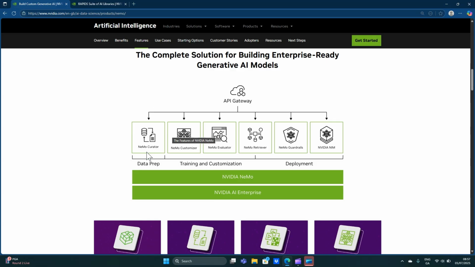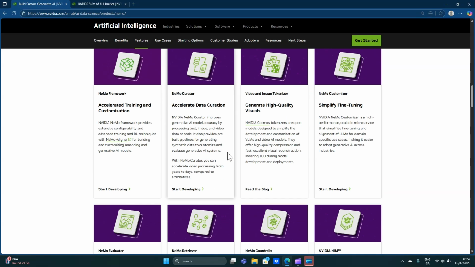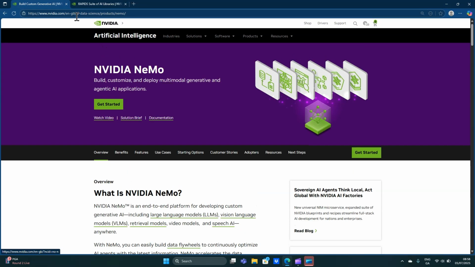So you can see here NeMo Curator, Customizer, Evaluator, Retriever, Guardrails, and NVIDIA NIM. So you may have questions around what NeMo Curator is used for and what is the job of NeMo Evaluator. So you can just explore, and this is also an important part of preparation. Now going back to the products,